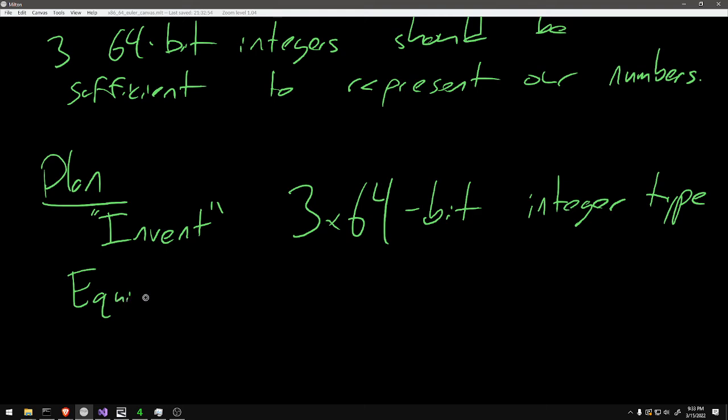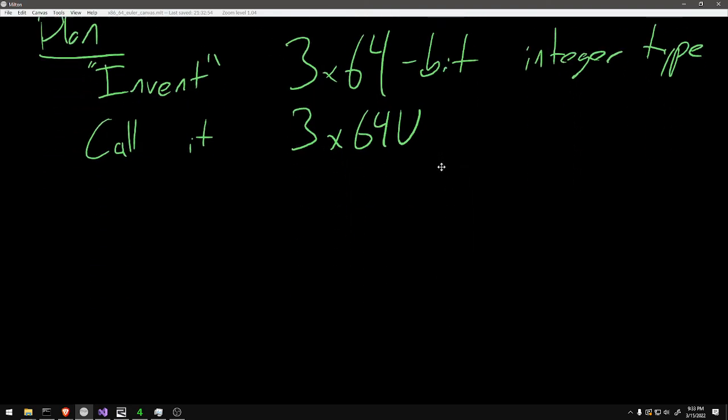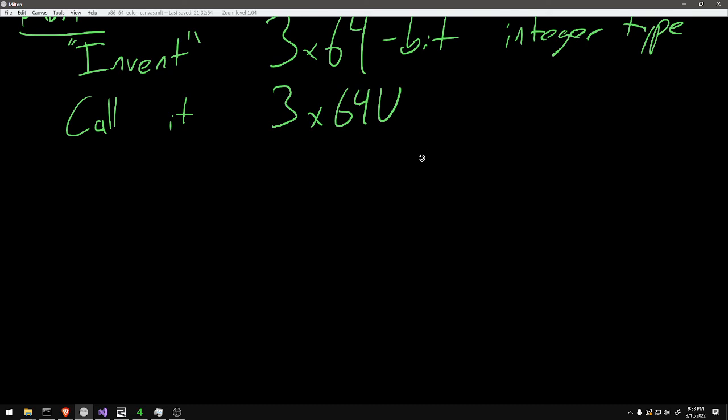Let's call it 3x64u. So it's going to be an unsigned integer type. And that's 3x because we're using 3 chunks of 64 bits. Okay, call it that. And then we want to do the following. Equip it with